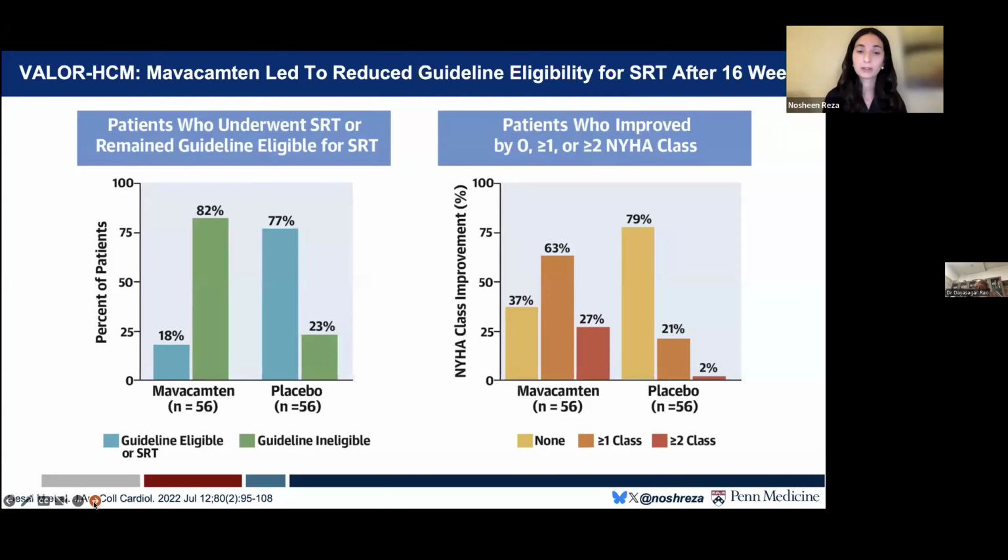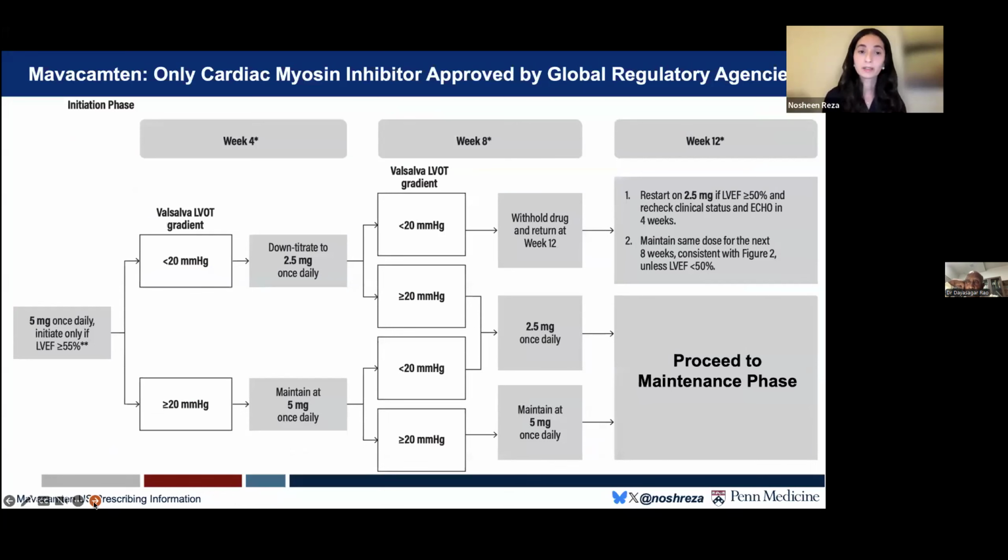So this led to approval of mavacamten as the first and only cardiac myosin inhibitor commercially available by global regulators in the United States and in several countries worldwide. Here I'm showing you a relevant schematic of the dosing paradigm for cardiac myosin inhibitor, this particular one in the